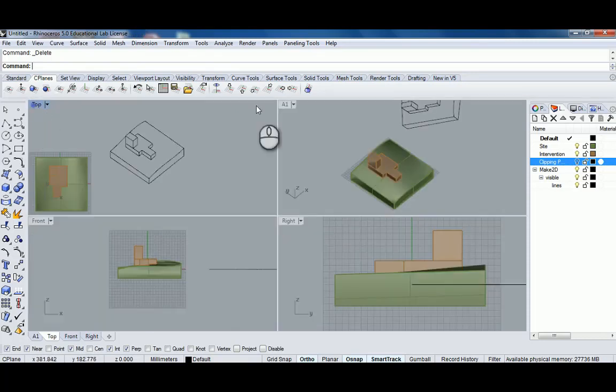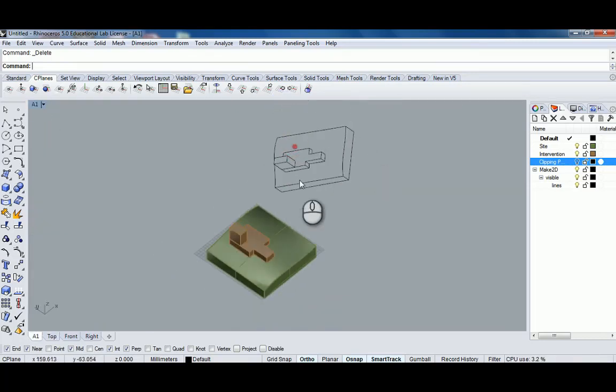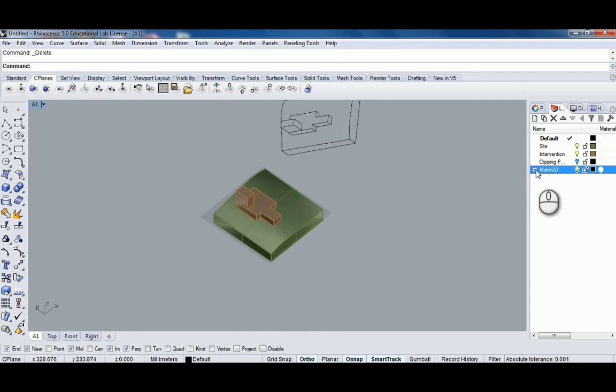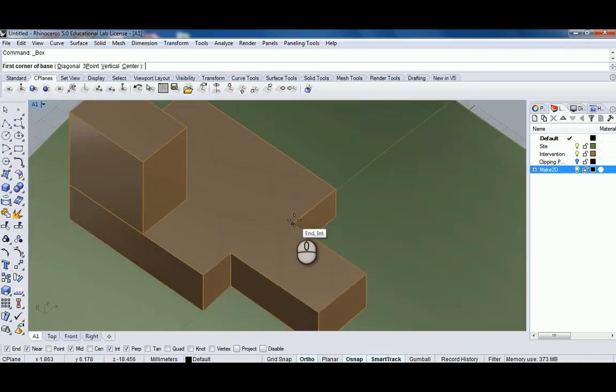Say I went back to my model. I could keep this off to the side. And notice that it's in its own make 2D layer, right? So I can turn that off and on if I need to. But say I went back to my model and I decided, oh, you know what? I want to add